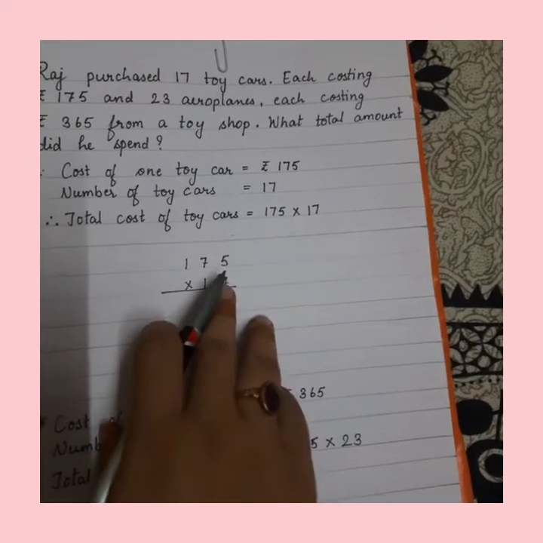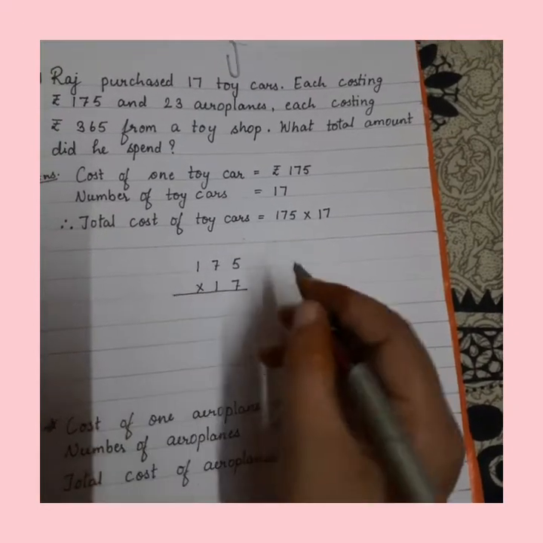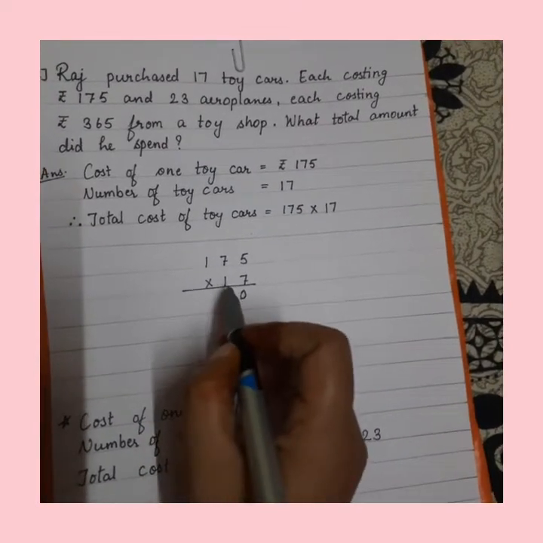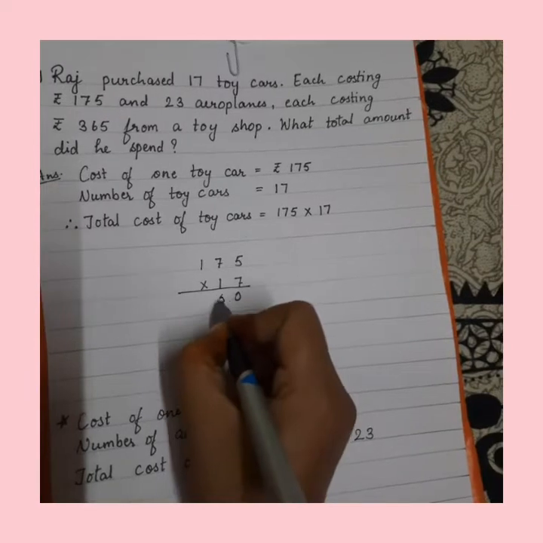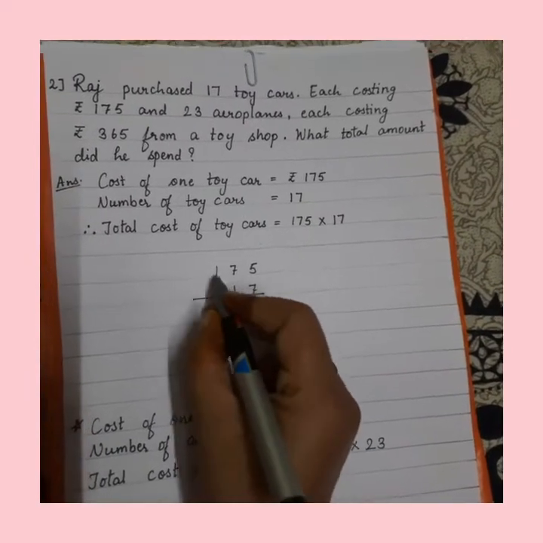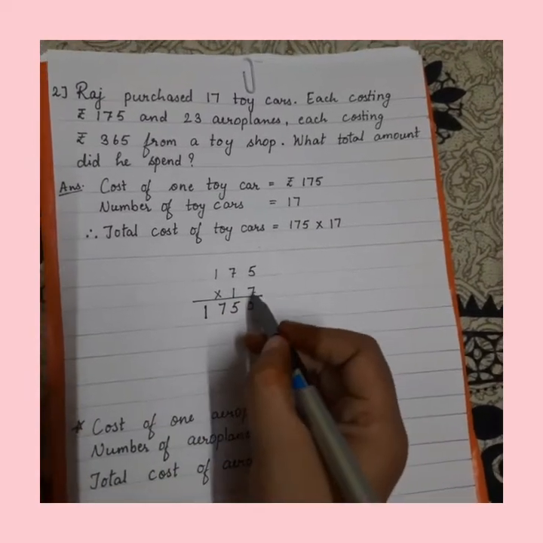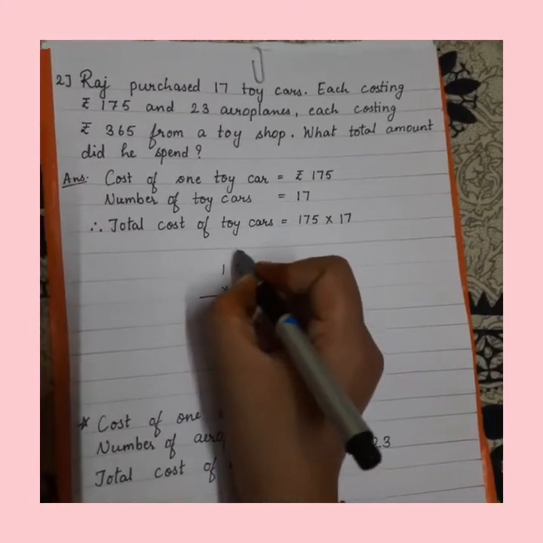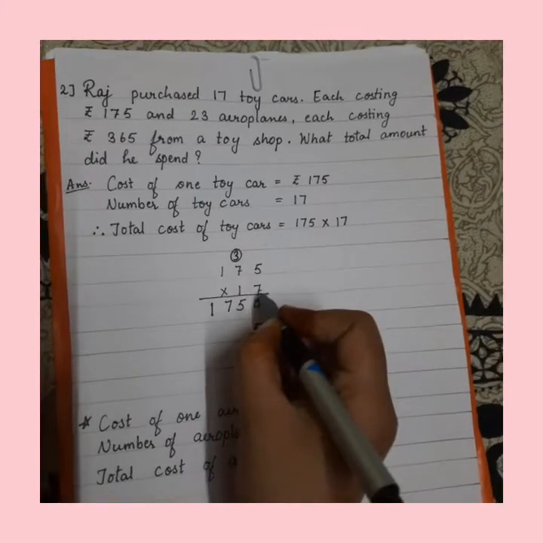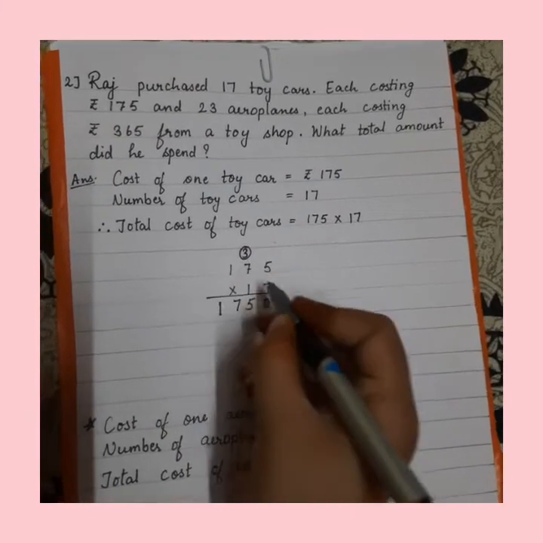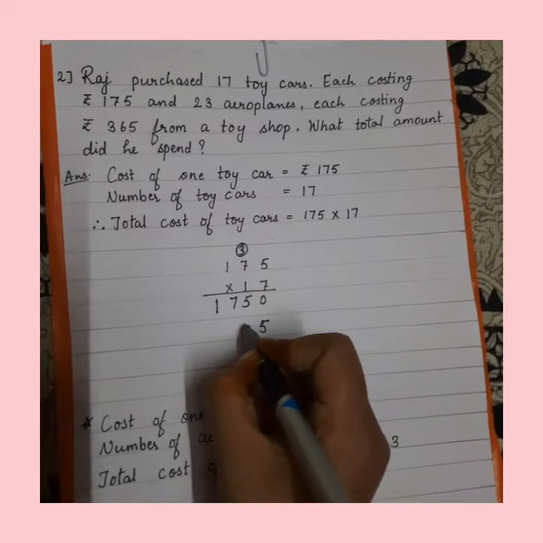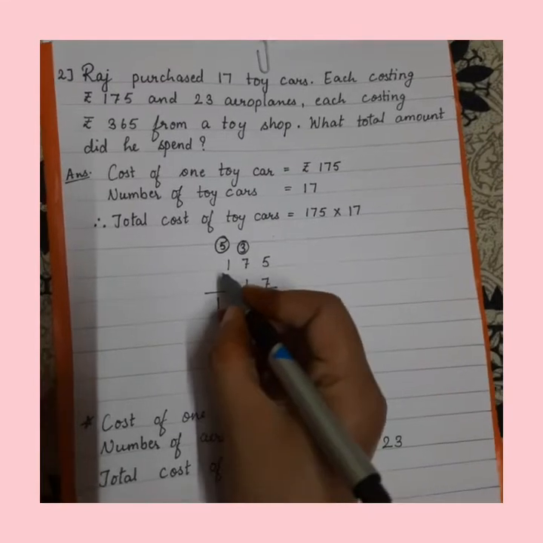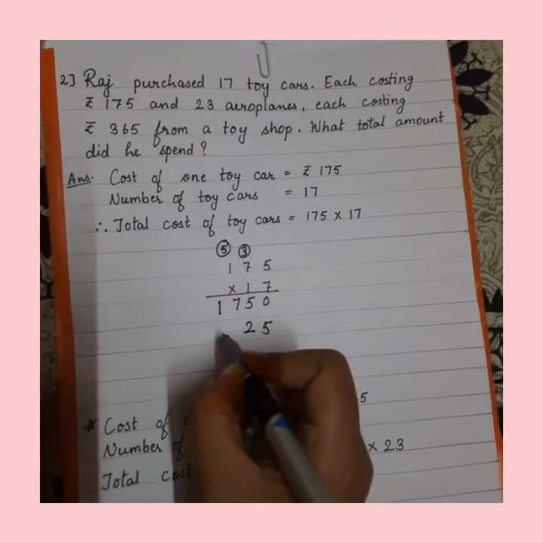Now as you can see it is 2-digit multiplication. First we have to put 0 and then start the multiplication. 1 5s are 5, 1 7s are 7, 1 1s are 1. Then 7 5s are 35. For that I have to write here 5 and 3 will be carried upon. 7 7s are 49 plus 3 will be 52. So I will write here 2 and 5 will be carried upon. 7 1s are 7 plus 5 is 12.